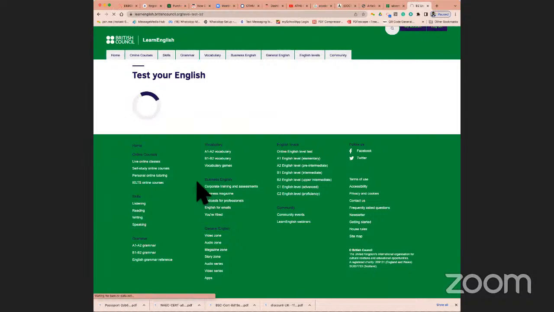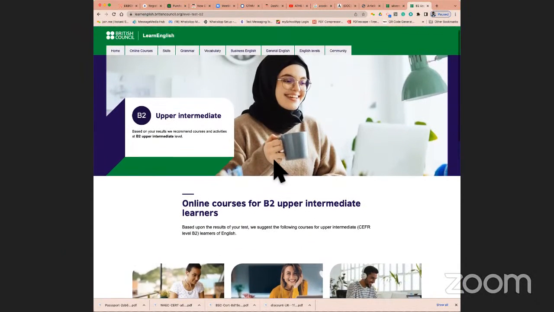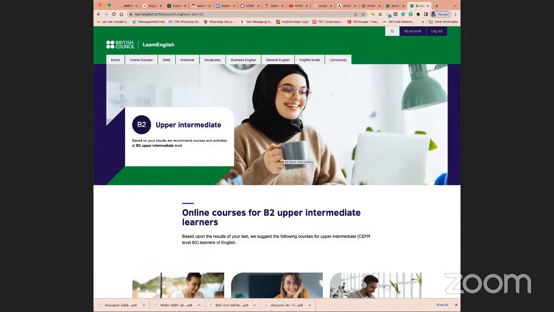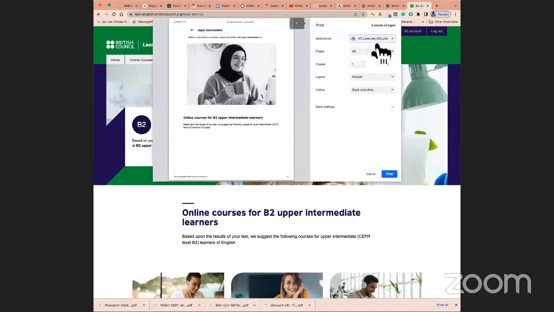Okay, so what will happen at the end of the test is it is going to give you a result. And as you can see, this result which has come out is B2 upper intermediate. Now, what I would expect you to do at this stage, when you have taken the exam, is to take a screenshot of the page, or you can save this page by printing it out. So if I press Command P or Control P, and then go ahead and save this as a